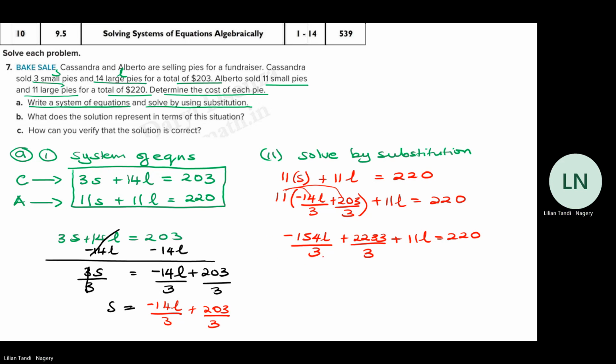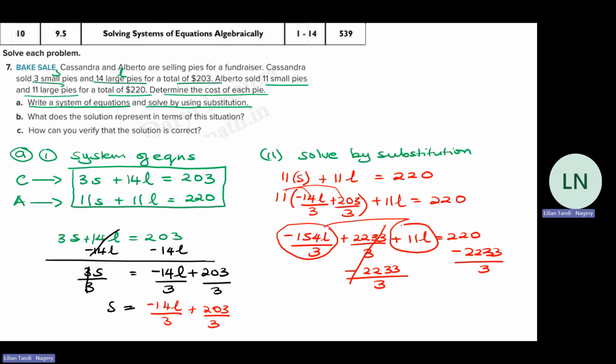So I can subtract 2233 over 3 on both sides. So this becomes 0. And then I will add negative 154L over 3 to 11L. When I do that, I should get negative 121L over 3,